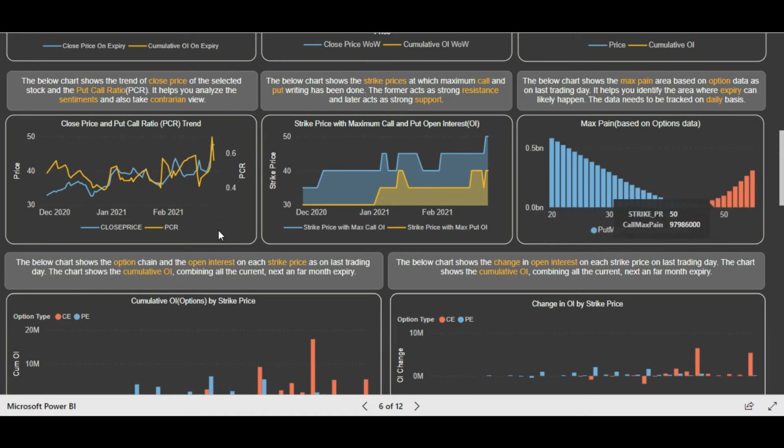So similarly you see the jump in PCR. So there has been a significant jump in PCR with the strike price, and that is a very bullish signal, that when the price rises and the PCR also increases, more put writing is going on. So you see from 17th and 18th of February, a significant jump in PCR level also.